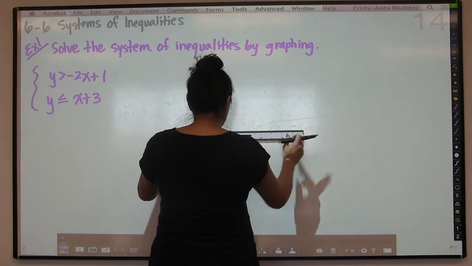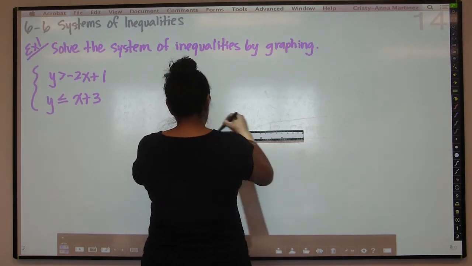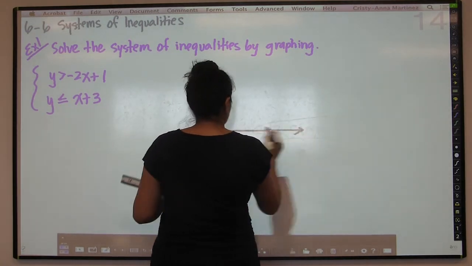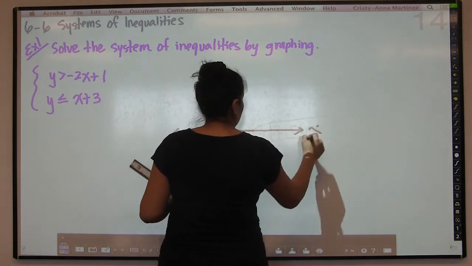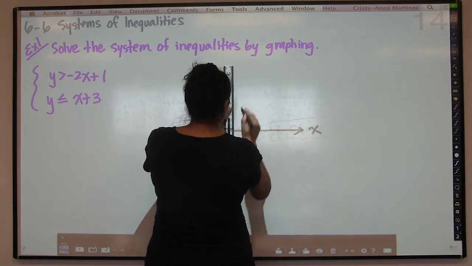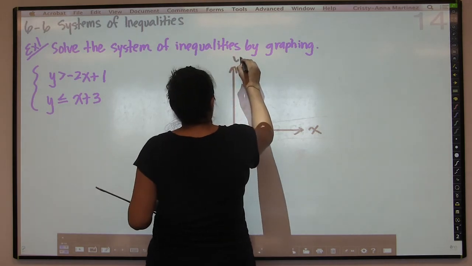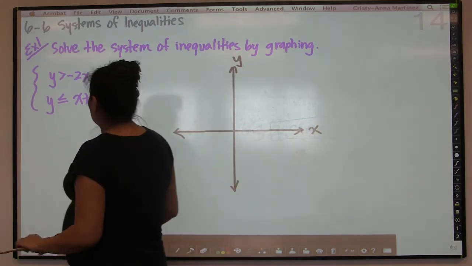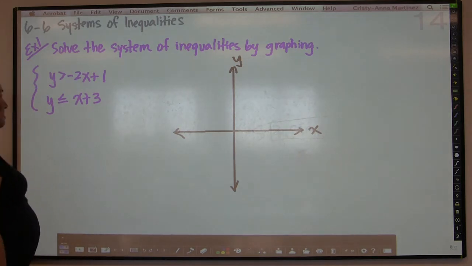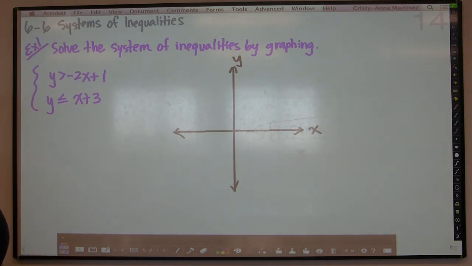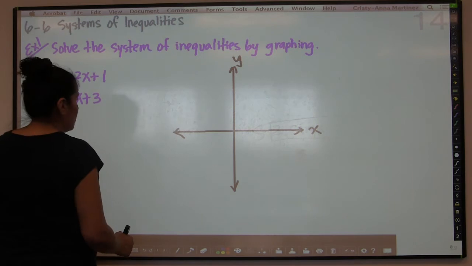So the first thing you want to do is get a coordinate plane up here. And the first line says y greater than negative 2x plus 1, which tells us that this line is going to be not a solid line, but a dashed line. So, we're going to shade and all that goodness, but aside from that, it's y equals mx plus b,